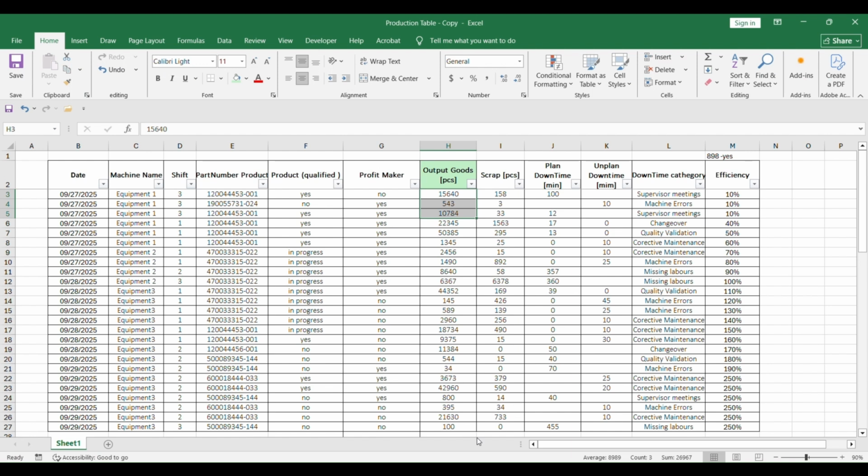And what I want now to do is to go here in Excel. I can show you much easier. So I want to know the output for a filter from our product qualified column, like yes, and I want also for downtime category, we say missing labels. Missing labels, where is it? Here.